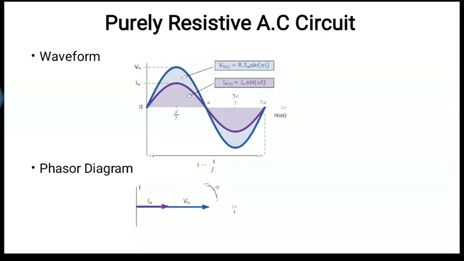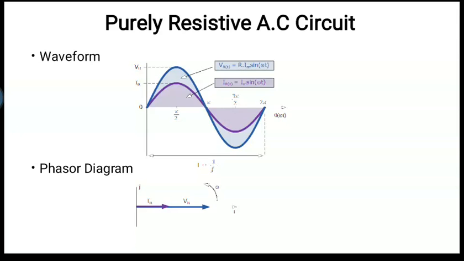Just in the voltage, if you don't write R, just cancel the R. Just write VR is equal to Vm, right? Basically R into I is nothing but V. We know that Ohm's law. So in the R into I, instead of that you can write Vm also. VR is equal to Vm sin omega t and I is equal to Im sin omega t.